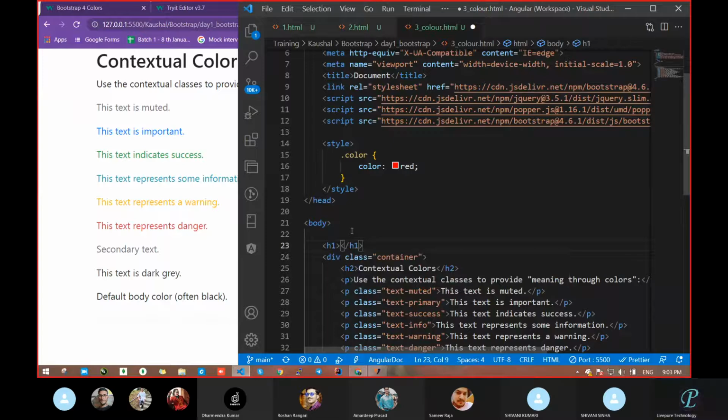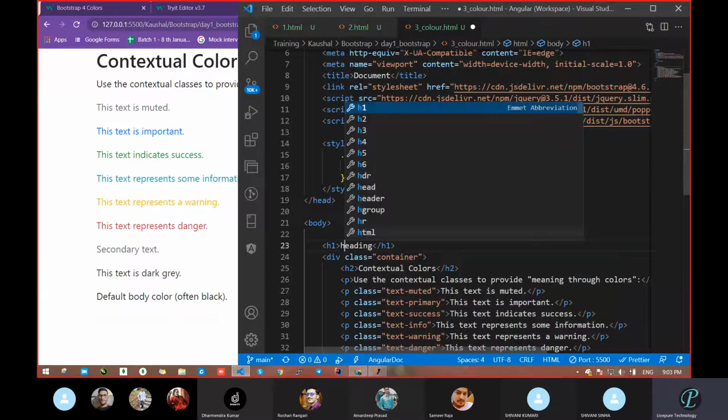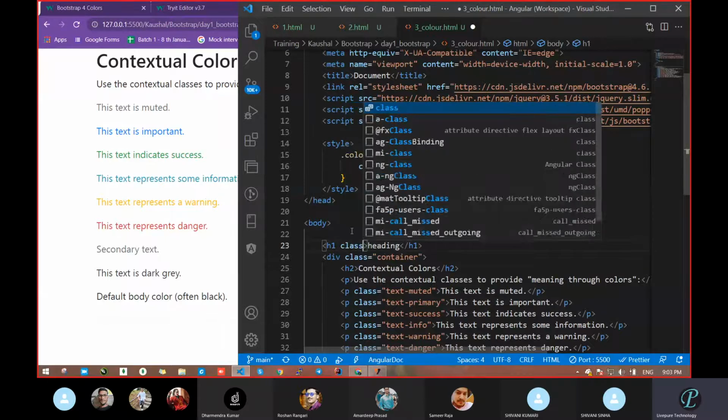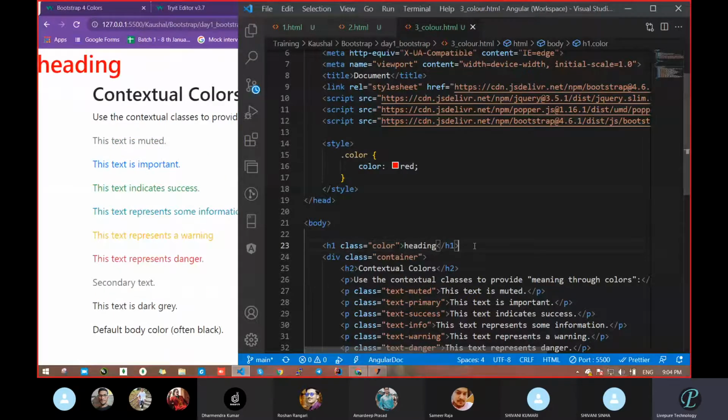H1 and heading. See, we can go in reverse also. It is not compulsory that we write the class name first or HTML first. We can go either way.